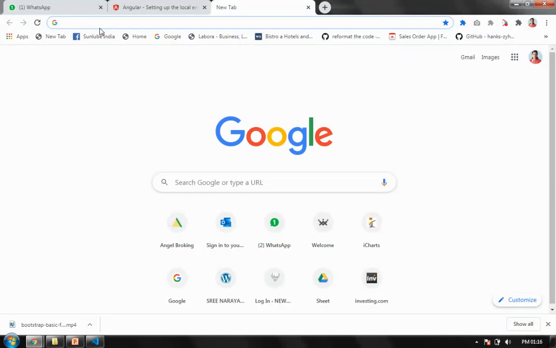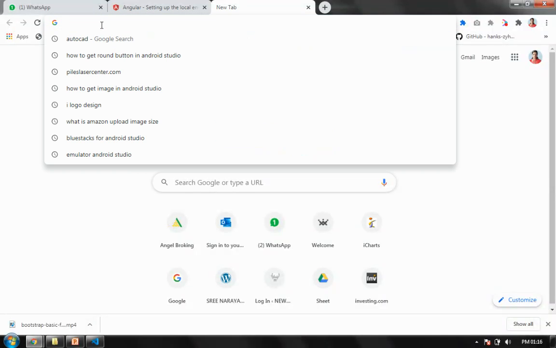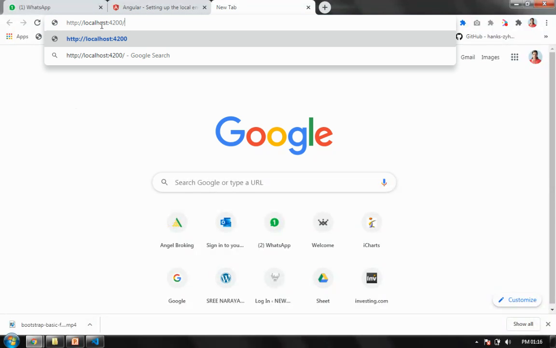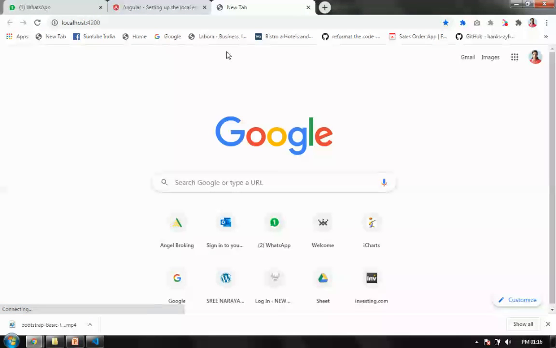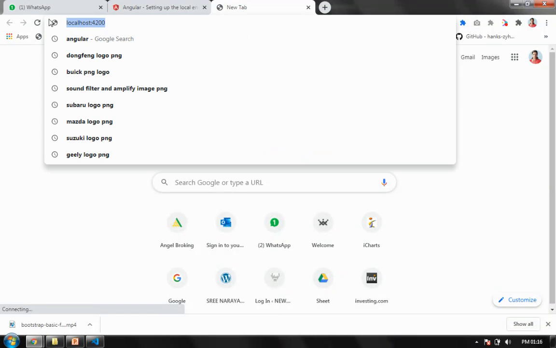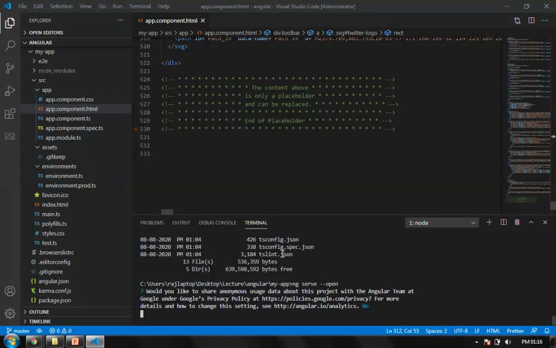Once that is loaded, I can enter my URL here and press enter. When I enter my URL here and press enter, it should refresh the page. Right now it is not refreshing. That means right now the server at the backend is not started. It is running basically, but it has not started. So we have to just hold for 2 minutes more.